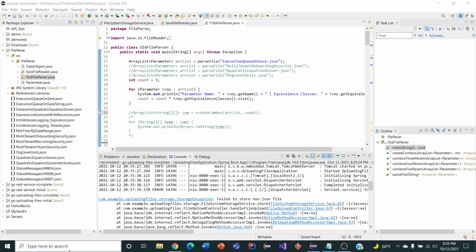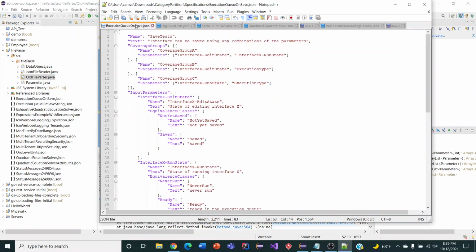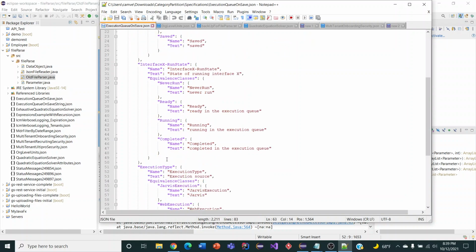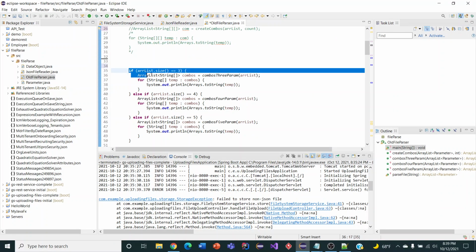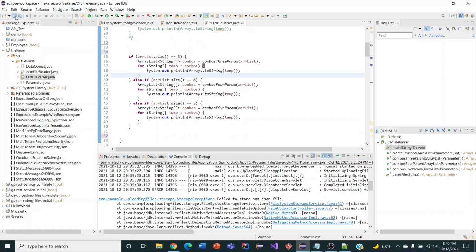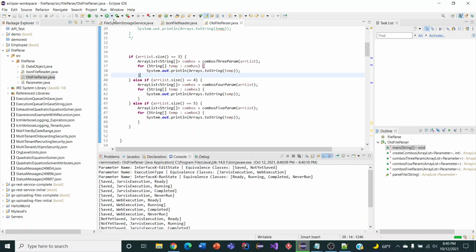So if we go to execution queue on save, you can see how this class has three parameters: interface, edit state, run state, and execution type. So it'll fall under the first if statement, right? And basically that's what it does. If the array list has a size of 3, which means it has 3 parameters, we'll use this one, and so on. So if I save this and then run, you can see how we have all of the parameters and